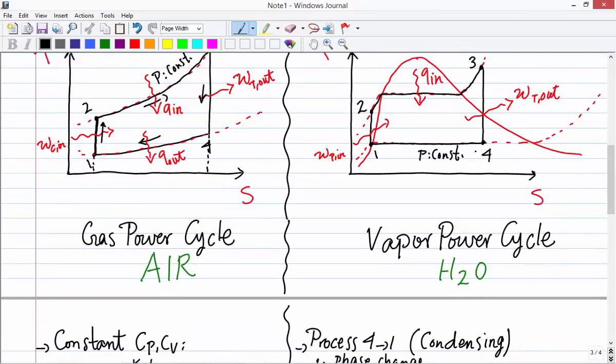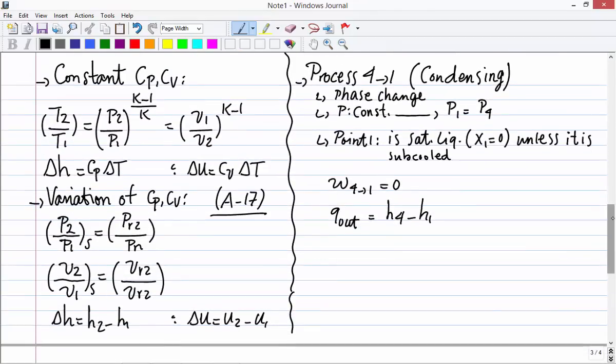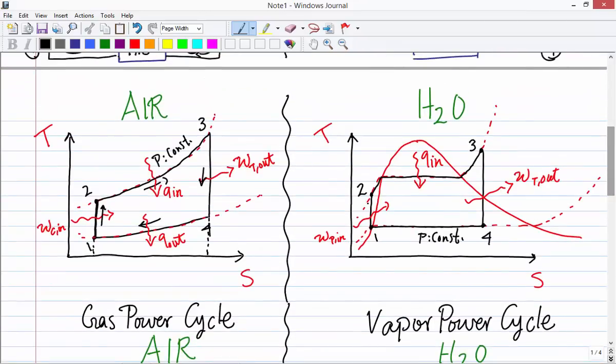So now let's compare the enthalpies between point 4 and point 1. Which one is higher? Okay, I have a condenser and I'm withdrawing this heat. So H4 should be higher. Okay, so H4 minus H1. This is obvious. Then now, if I go to the other process, which is 1 to 2, and process from point 1 to point 2 happens in the pump,